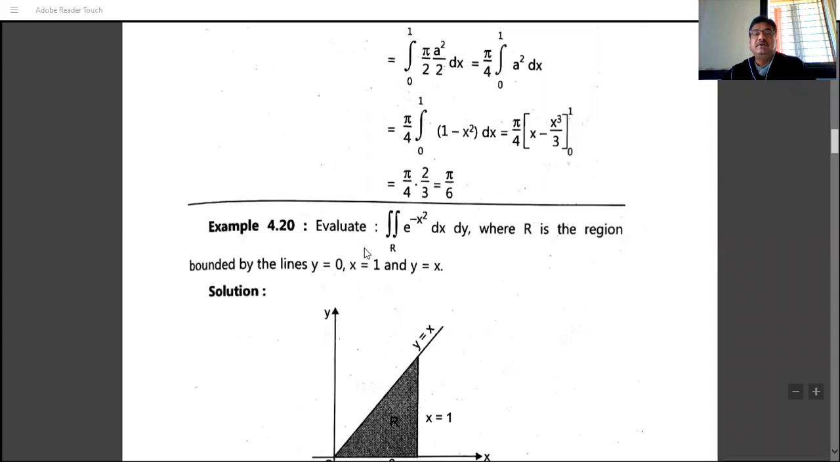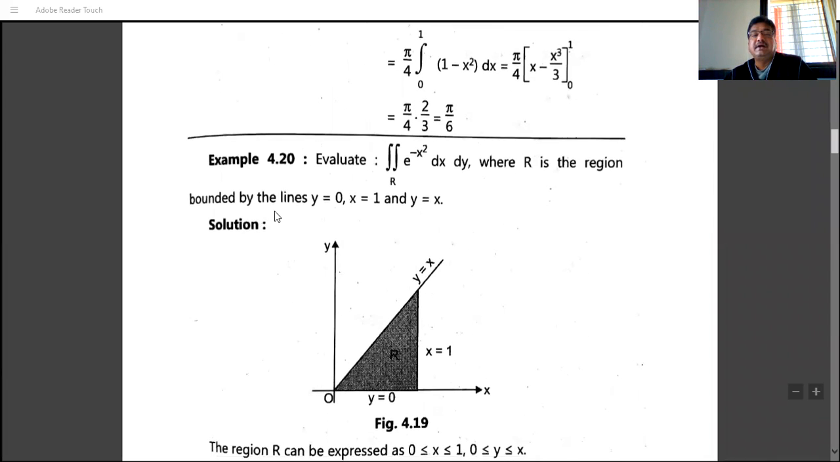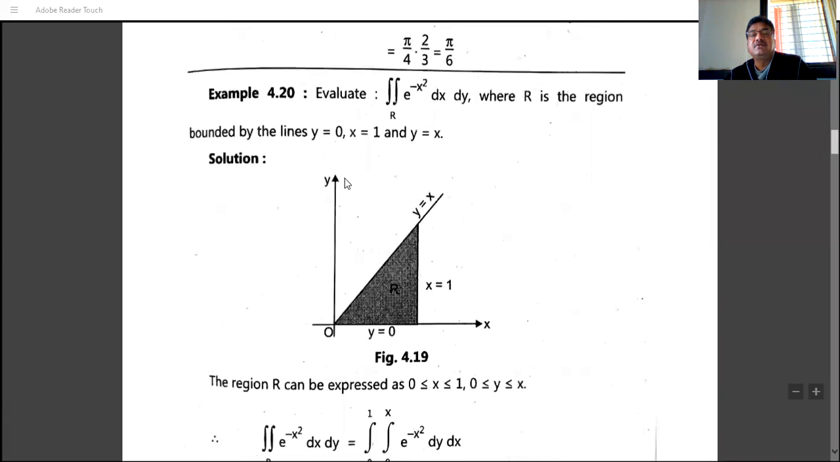Next example, evaluate the double integration over R of e raised to minus x square dx dy, where R is the region bounded by the lines y is equal to 0, x is equal to 1, and y is equal to x. So y is equal to 0 means the x-axis. x is equal to 1 is the line parallel to the y-axis at a distance 1 from the origin. And y is equal to x is the line that divides the first quadrant and third quadrant